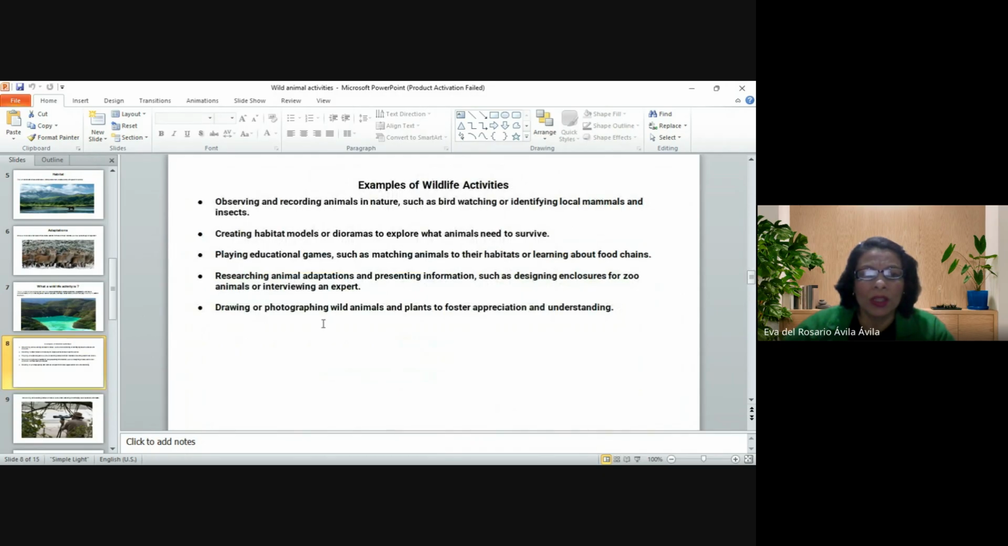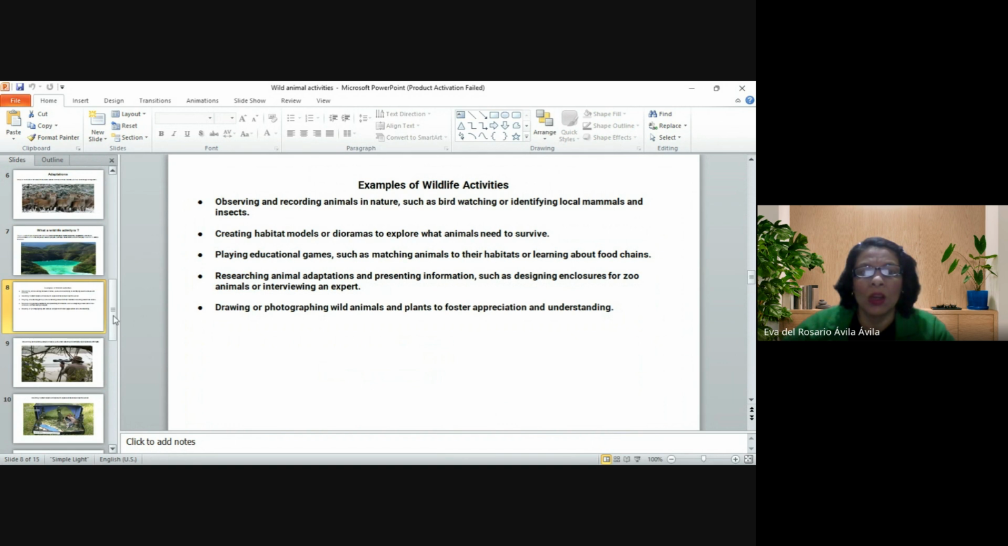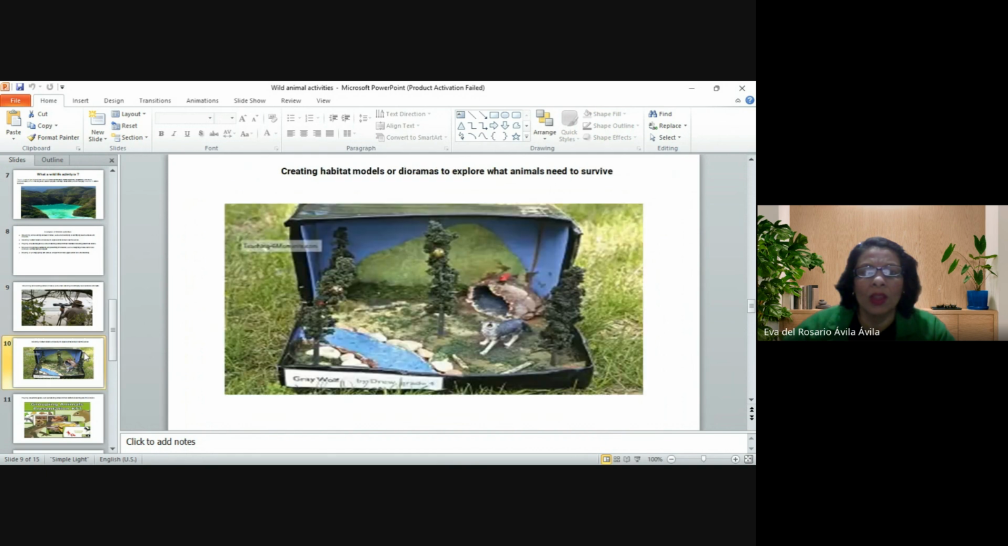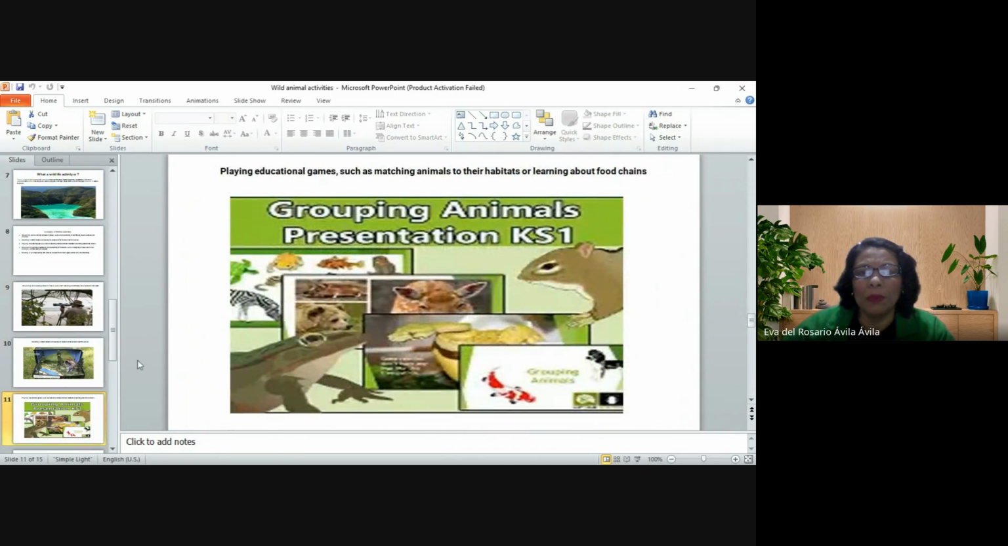Here we have some activities that we can do in the wildlife: observing and recording animals in nature, plants, creating habitats for different animals and plants, playing educational games, matching animals with habitats and foods, researching about animals, adaptation and information, researching about their habitats, ways of living, creating models of habitats to survive, playing educational games,